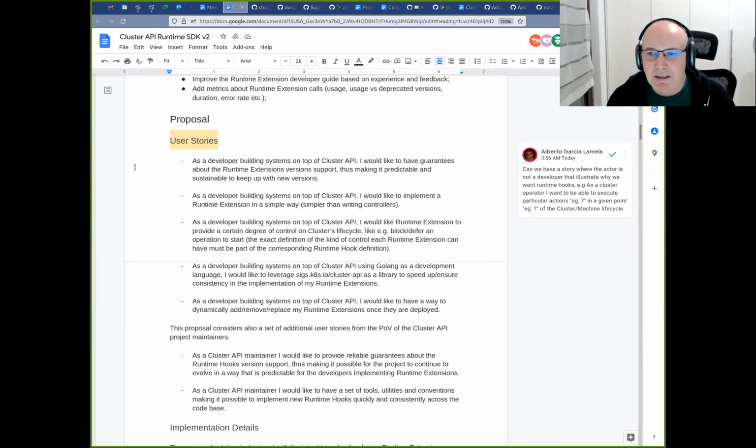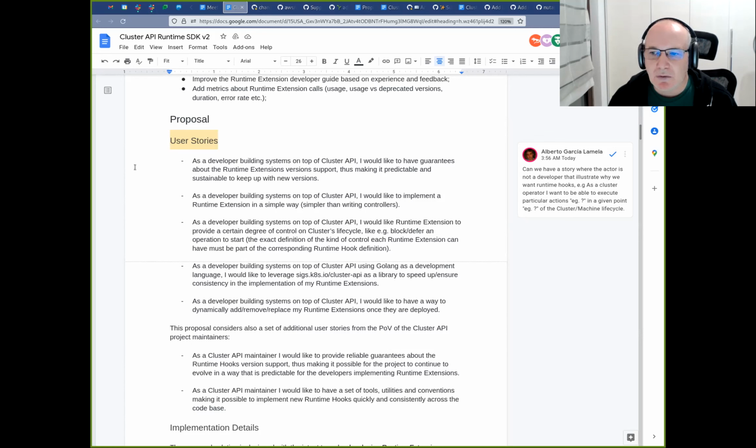About use cases, we had a discussion around a bunch of them. One is, for instance, add-ons. I want to install some add-ons before upgrade or after the first control plane gets upgraded or stuff like that. We had use cases about cluster class patches.